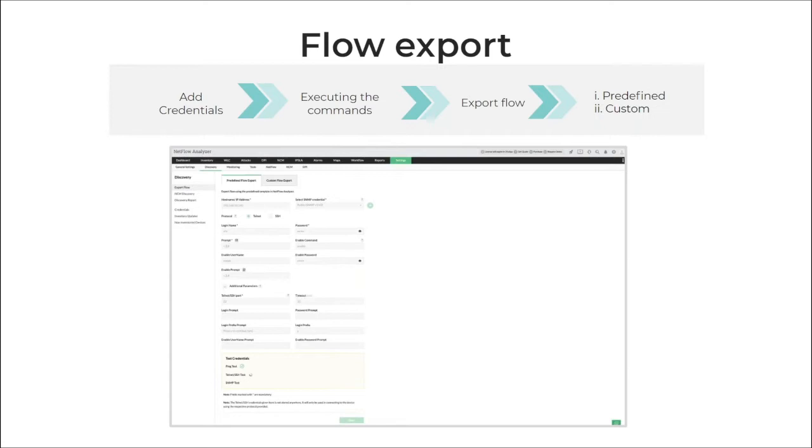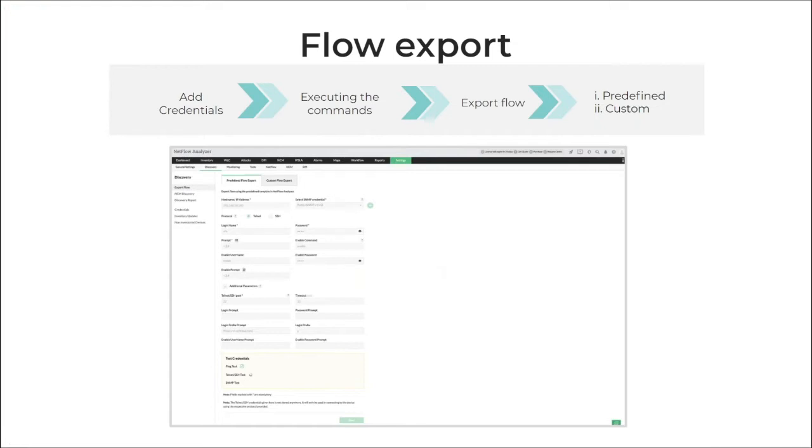With that being said, we'll look into the flow export. How do you go ahead and start the flow export from your end? There are two ways you can do it. One is the traditional method of logging into the device and then sending out the flows. Or you can do the other way around, which is going to be the easier way, because we have this thing called export flow within the product.